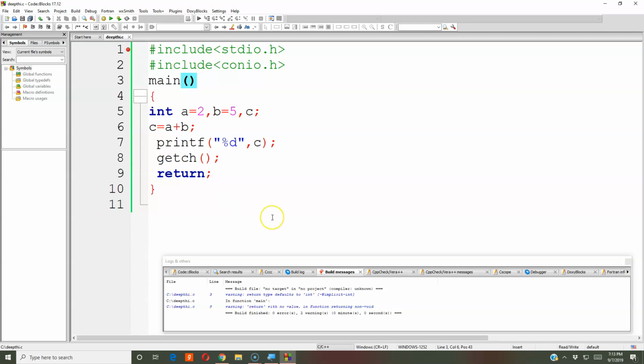Okay guys, I hope you understood how to install CodeBlocks and how to execute a program in that. Some of the features of CodeBlocks I have told you, and I have shown you how to execute a program. I really hope this was useful and you understood everything. In the next sessions, we'll be continuously using CodeBlocks and you will be executing many programs in this. So clearly you will understand how to use CodeBlocks.